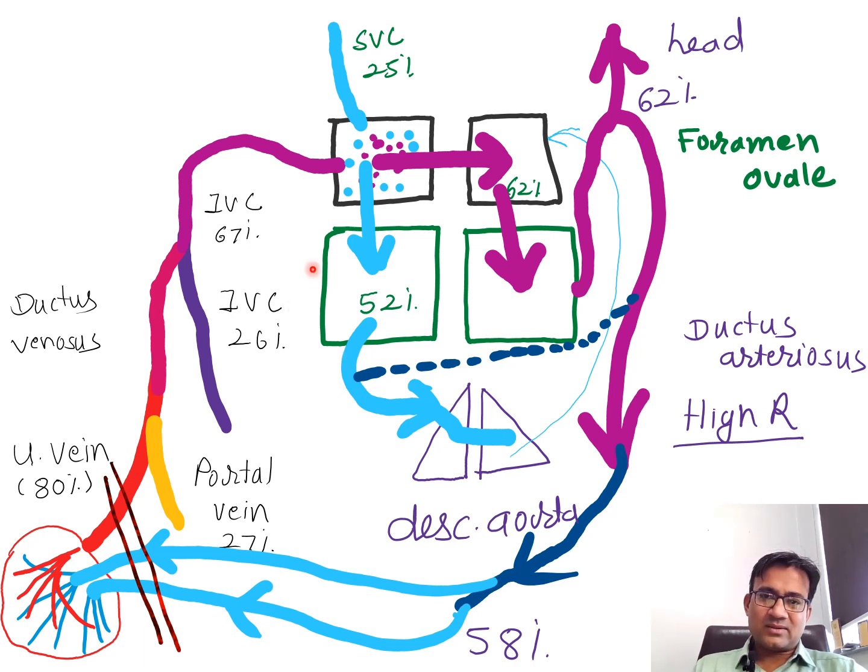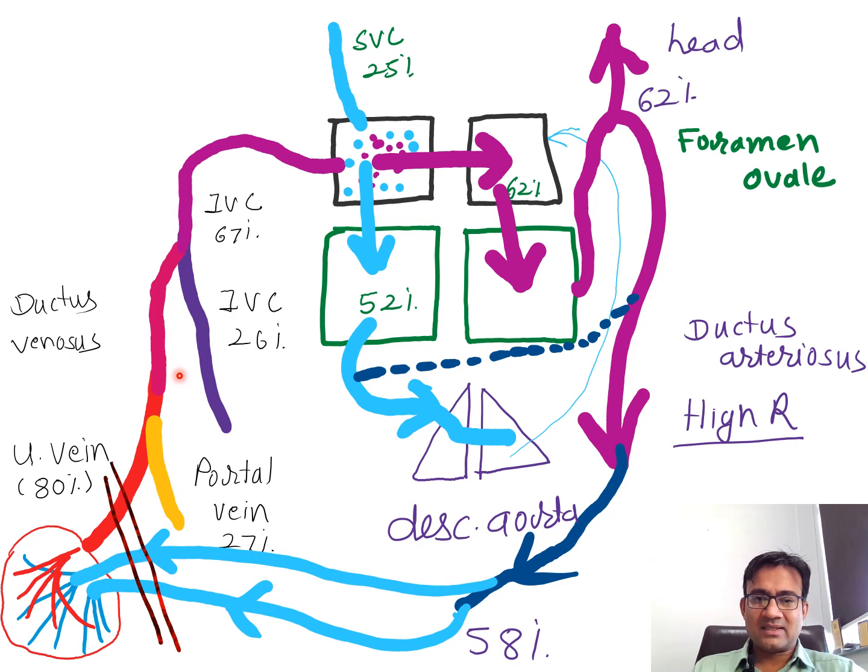Now after fetal circulation, birth has occurred. After birth has occurred, we will see what things are going to occur. First we will study the ductus venosus. If you see here, I have drawn two black lines. After birth, what is occurring? The umbilical vein undergoes constriction. Not only that, you take a clamp and cut the umbilical cord. The umbilical cord has arteries as well as a vein, so you are cutting those.